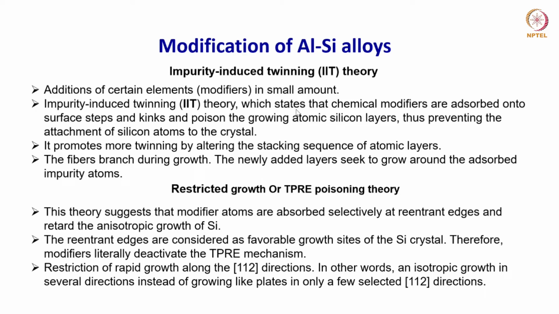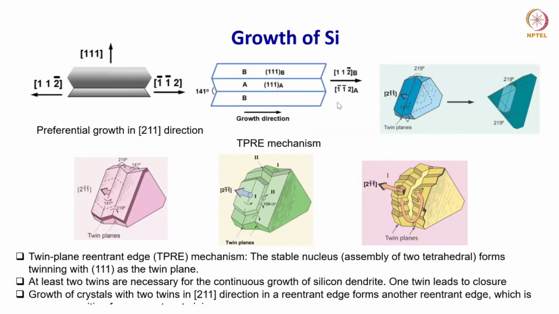So in order to modify this morphology, you will have to stop this growth in this particular direction. Okay, so therefore we will have to do something so that the growth happens in all possible directions randomly instead of in a particular direction, right? So therefore we need to identify the mechanism first, and that is why we had to first discuss this. Once we understand the mechanism of this particular growth in a particular direction, we can also understand how this can be retarded. Okay,